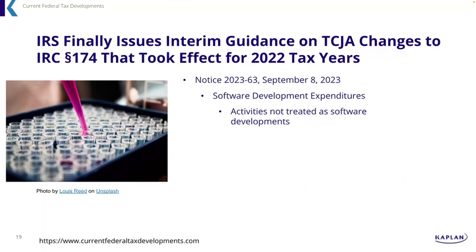Now, there are certain activities not treated as software development. There are a limited number of items related to software developed for the company's own trade or business. And this sounds good initially. A lot of people jumped on this, said, see, activities not treated as software development. They see computer software developed by a taxpayer for use in its trade or business, and they thought that excluded everything. No, that just introduced you to the categories.